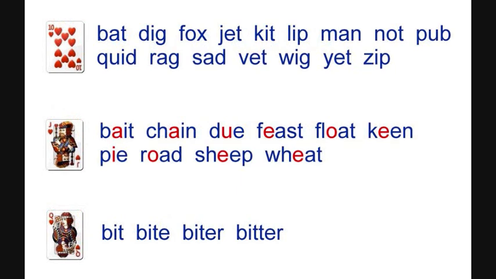Now we'll use our knowledge of letter sounds to make some simple words. Look at the 10 of hearts. The words are b, a, t, bat; d, i, g, dig; f, o, x, fox; j, e, t, jet; k, i, t, kit; l, i, p, lip; m, a, n, man;